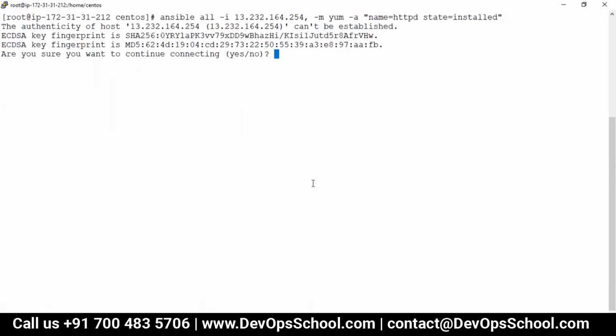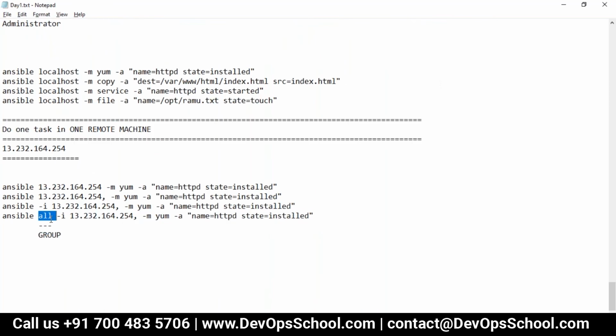See here. What is this, guys? You have to teach me this one. So you mean to say that all is the group name? All is the built-in group name provided by Ansible. We will create our own group also in the inventory file, I'll teach you.